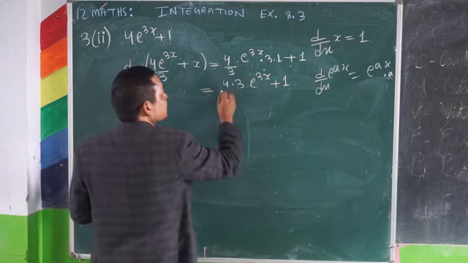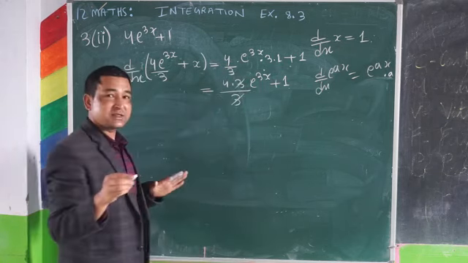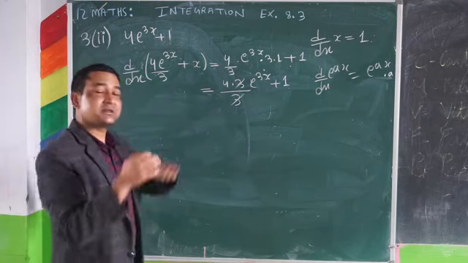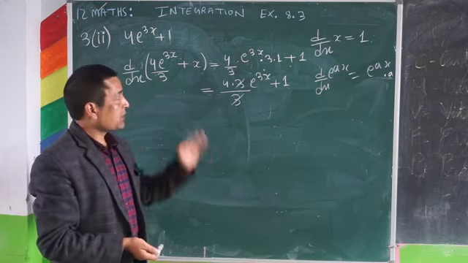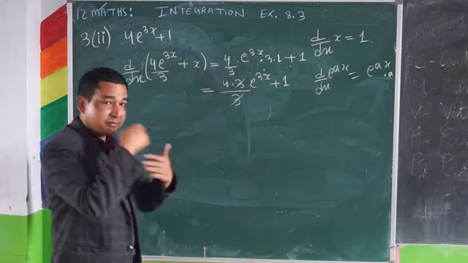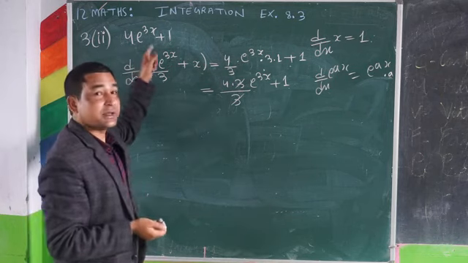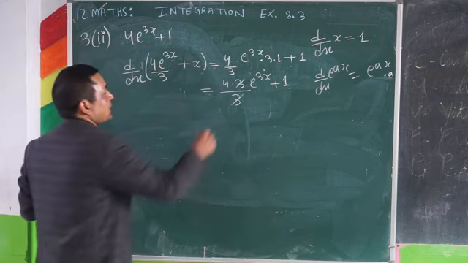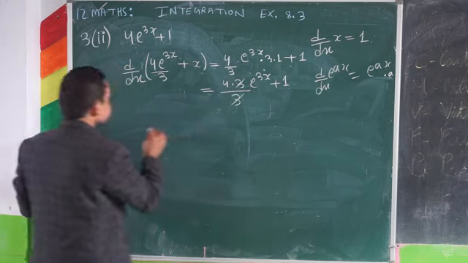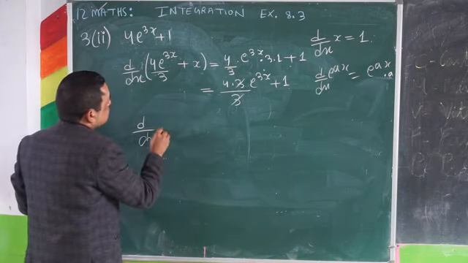Then this 3 gets cancelled. That means we need to adjust the questions sometimes. By doing this differentiation after guessing the question, it requires some adjustment. Then you have to do the adjustment to get the answer. Now after cancelling this 3,